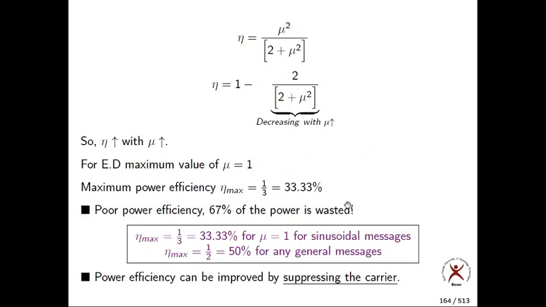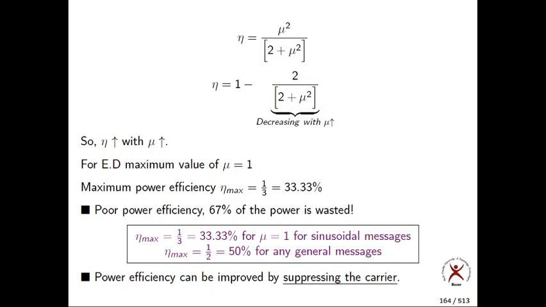Okay, so that is about AM. So we have seen what is modulation, what is demodulation, what is spectrum, what is the bandwidth, what is the power efficiency. So these are the major aspects of any modulation scheme. Now, the drawbacks of AM are you cannot demodulate whenever it is over modulated, and it has got poor